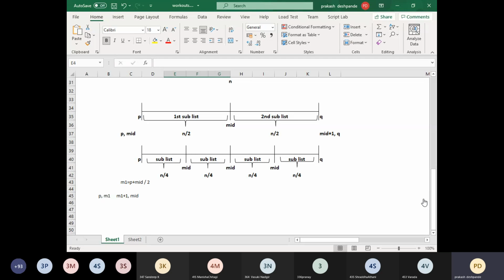Now try to solve the home assignment which I gave in the previous class. Complete it by next class, that is, before Monday. Before Monday I will try to send you a couple of pages of notes related to divide and conquer, whatever we have studied in today's class. I will type those notes and send them across to you. You can complete writing these notes, and then from next class onwards we will begin with the presentations.